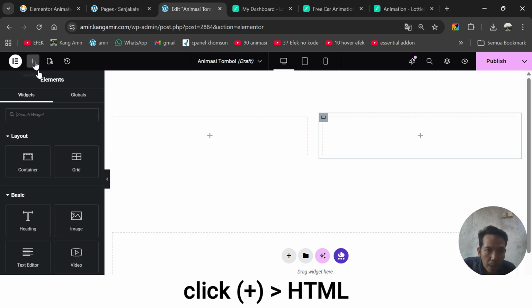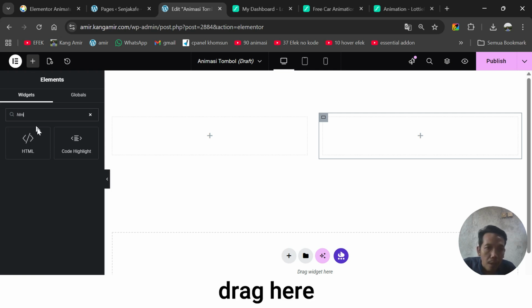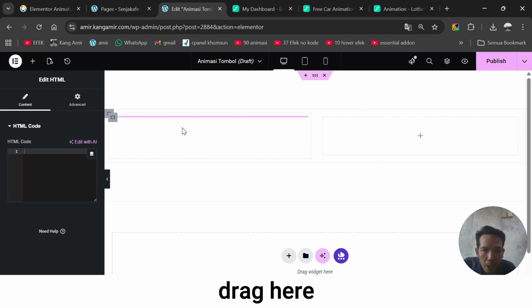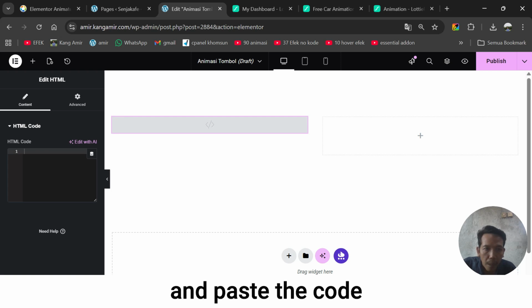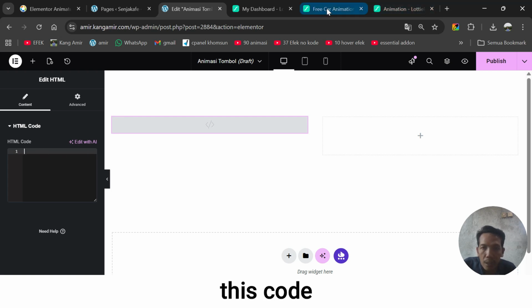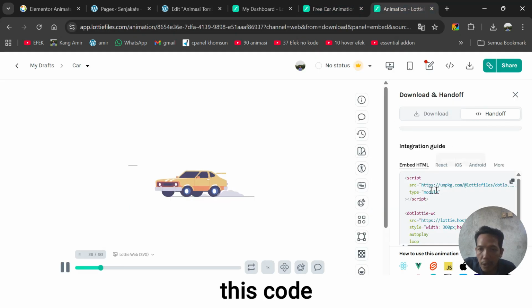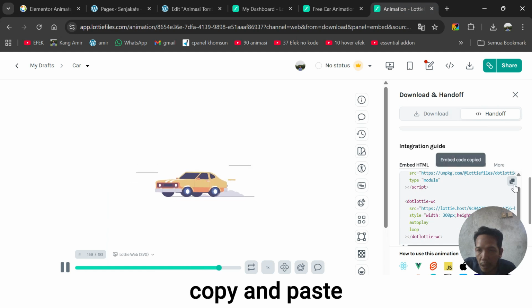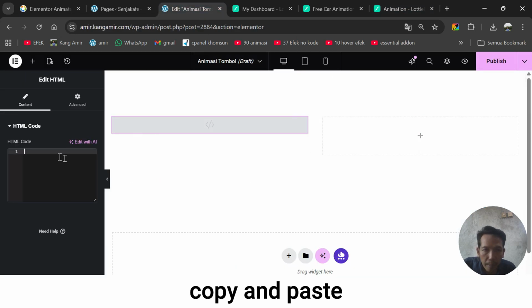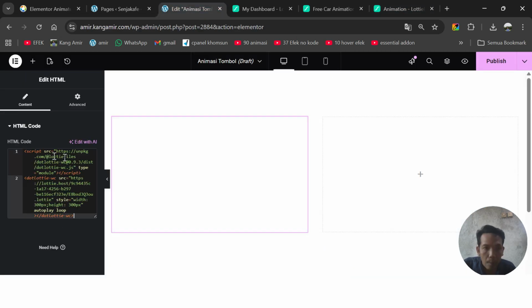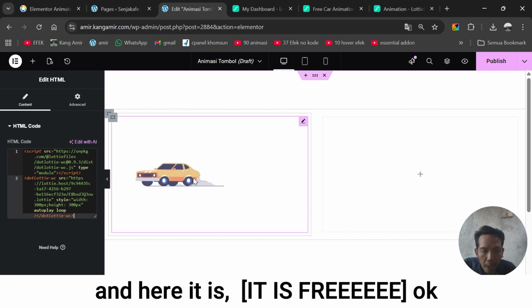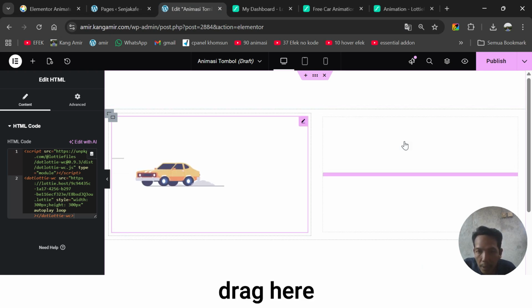and click plus, click HTML, drag here and paste the code, this code, copy and paste, and here it is. Okay, drag here